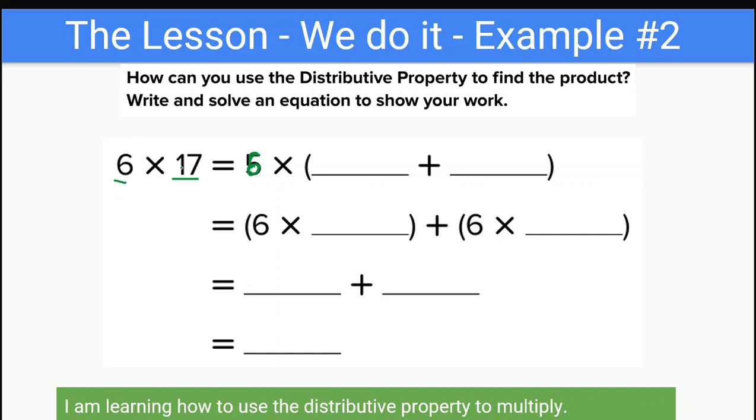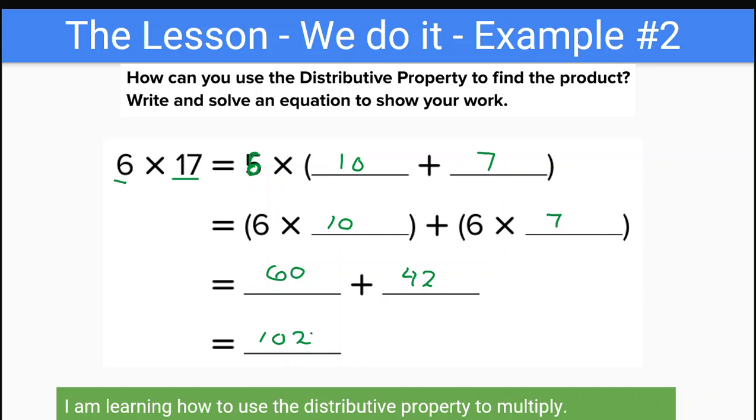All right, we're going to take this 17 and break it up into a 10 and a 7, because that makes 17, right? You could go 6 times 10 plus 6 times 7. 6 times 10 is 60. What's 6 times 7? Right, 42. 60 plus 42 is